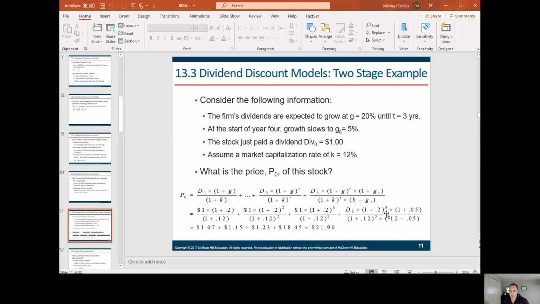So you look here and you see that in the terminal value, it has a 20% cubed, but then in the future it grows at just 1.5%. And then on the denominator, you're getting that 12% for the 3 years for the k, the market cap rate, and then you're also subtracting the long-term growth and multiplying it by that first number. And that's going to get you the two-stage dividend discount model. Effectively, you're present valuing two different models.